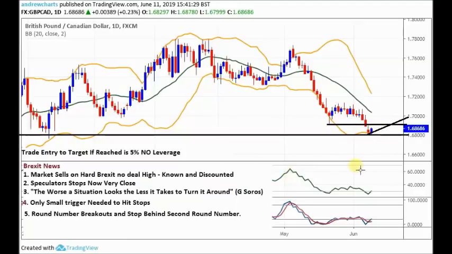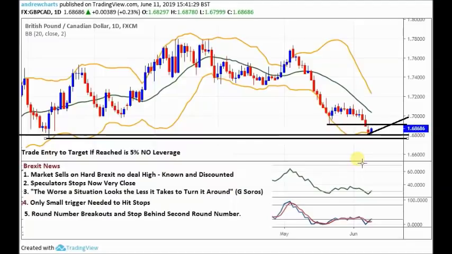It's 169. So what I want to do is let it go through the round number and see, after all the buy and sell orders collide, if we go up. And to do that, I'm going to go 30 pips the other side of the round number. So the battle is over, and then hopefully it's concluded and we go up. Okay, so 169.30 in. In terms of stop, it needs to be back behind this tail. Initially, I'm going to put it quite wide, just in case of one kind of prod more to the downside. So I'm going to be back from round number